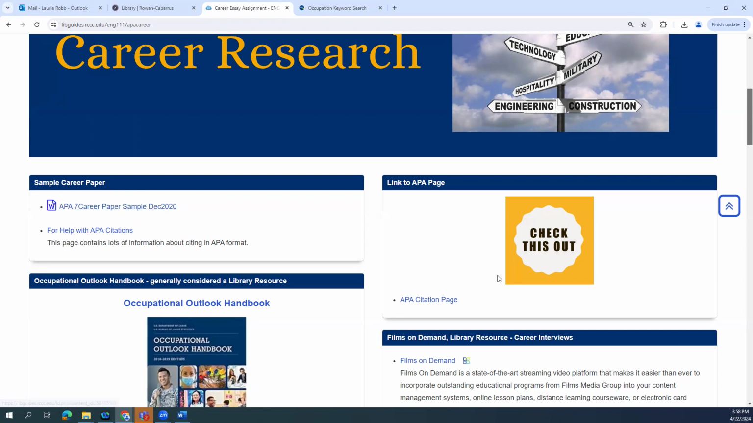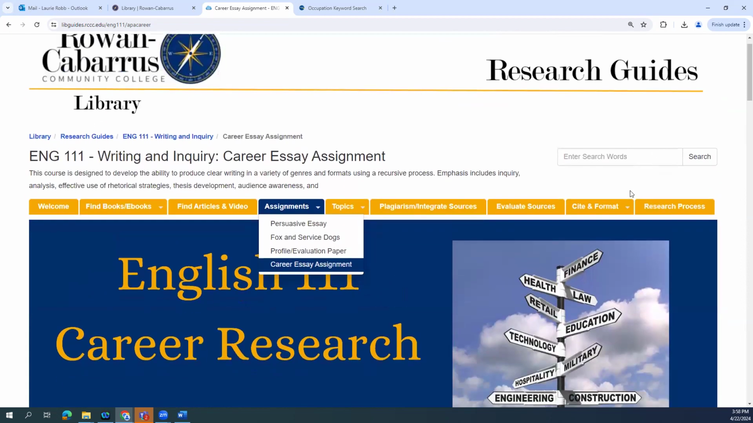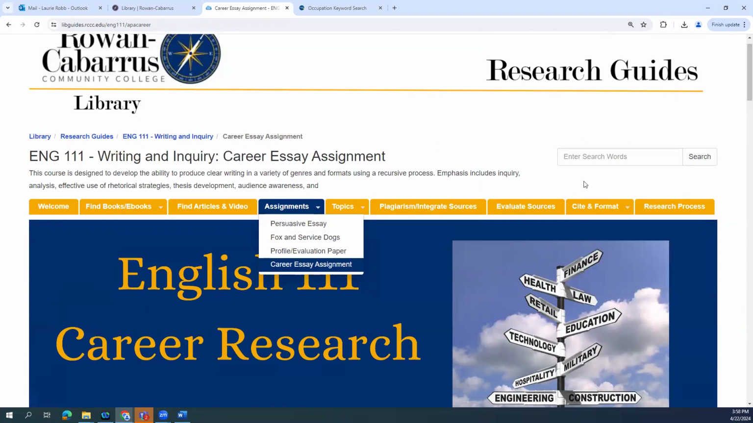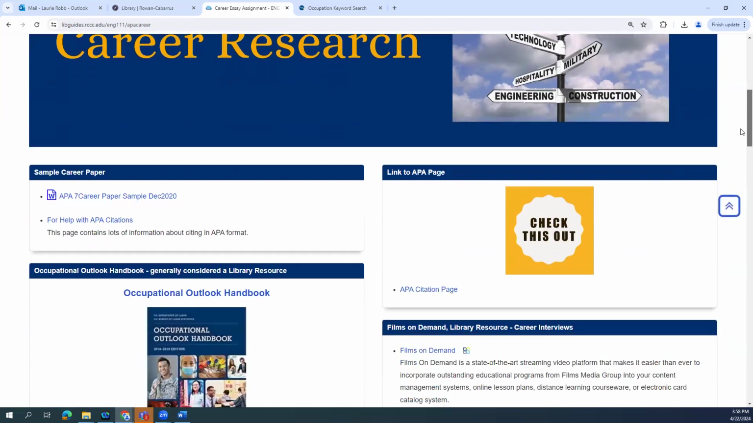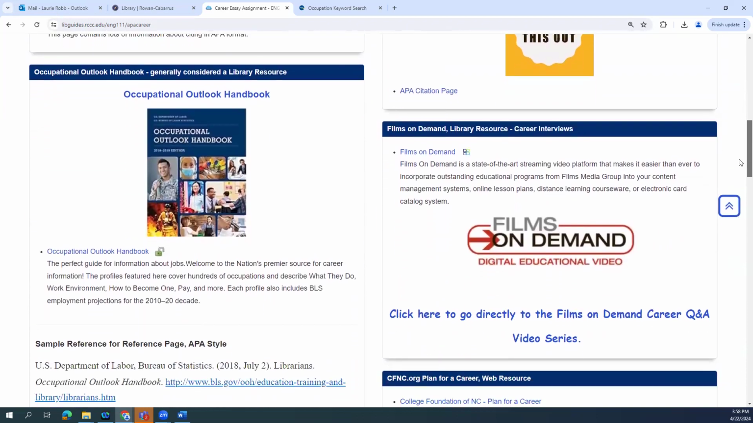Okay. There's also more information. Either click here on the APA citation page, or if you need help with other citations, you can go here under citation help under cite and format. So either one of those places will take you to a place to get more help with APA 7. Alrighty. So having said that, let me move on to showing you the resources that will help you so much